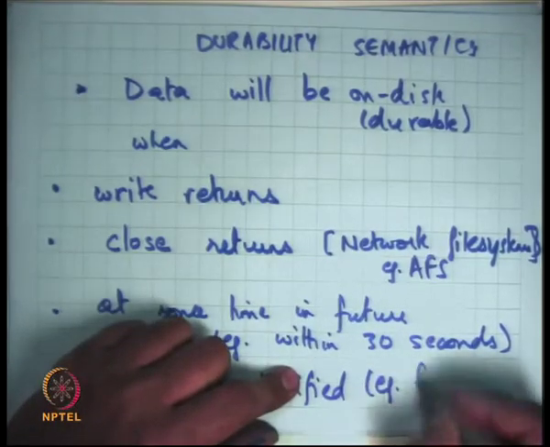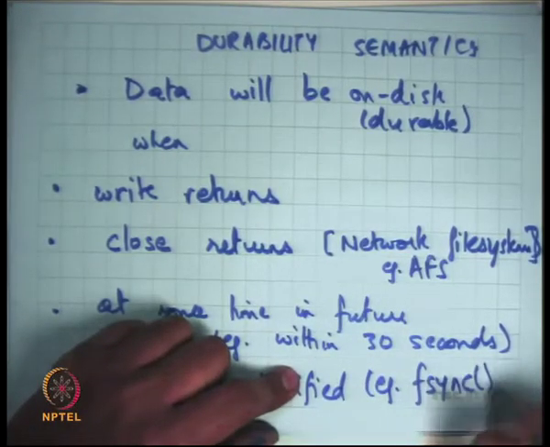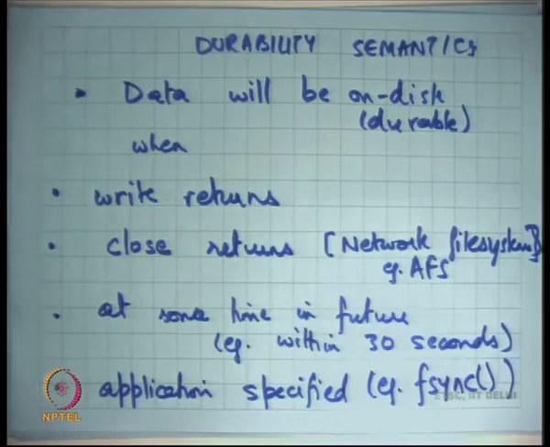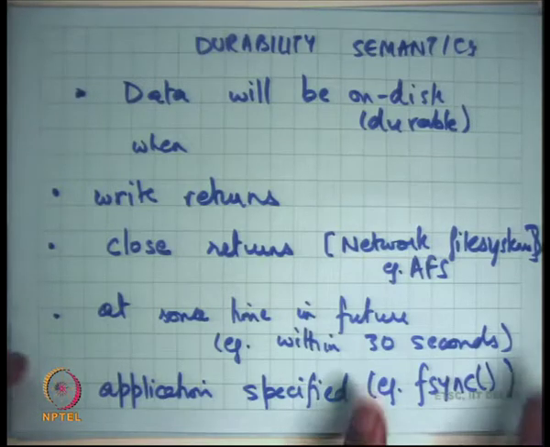And this interface is called fsync on Unix. It basically says the application can call the fsync system call. So this is again a system call on a file descriptor, and you say, by the time fsync returns, I'll be 100% sure that the data has been made durable. And so for an ATM, you will first call fsync, wait for fsync to return before you give out the money. All right. Okay.